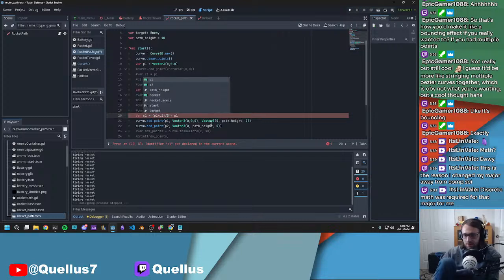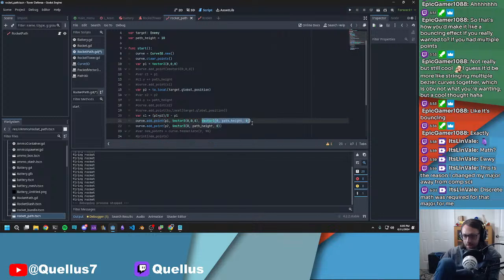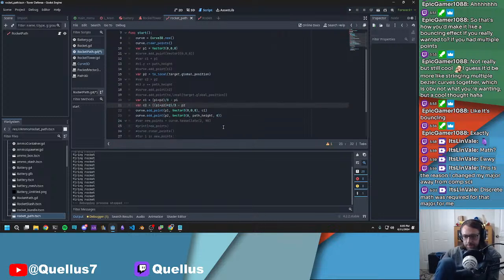This needs a var. I was like, why is that not working? Then we do that. And then we do the same thing for the other one. This one's C2. And then times 2 divided by 3 minus P2. That shouldn't be there. And then now we change this to be C2, run it,